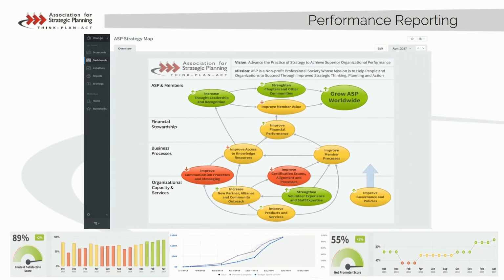We'll start reporting actual performance against targets for strategic, operational, and project measures, and display visual performance information to better inform decision-making. In conclusion, strategy and plans need to be dynamic, not static, if they're going to be used and useful. So we'll relook at the strategy and plan periodically and make any adjustments.